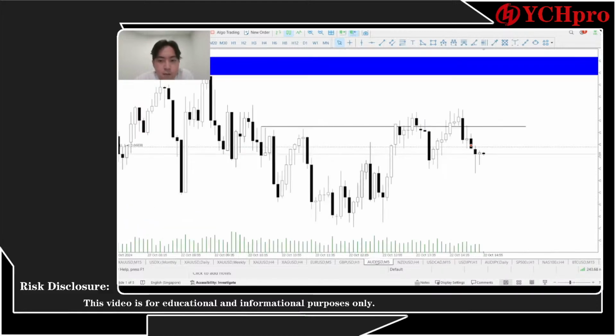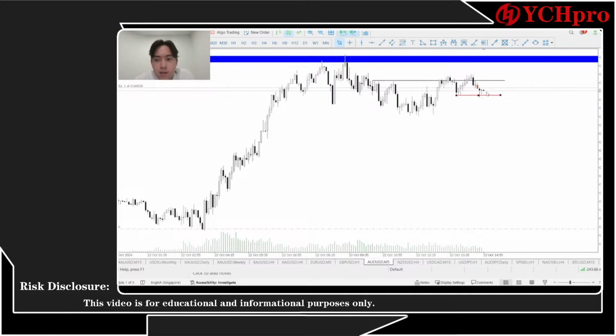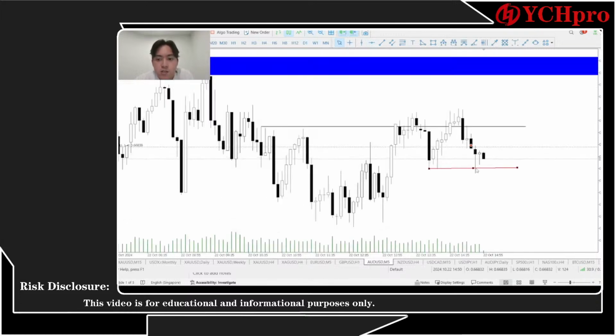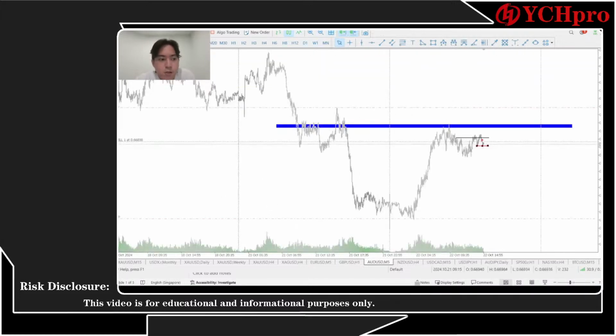So right now we are aiming on AUD USD. Hopefully the price is going lower. But this one, I don't really like it because the price manipulated from this low. But let's see how it happens. If I'm right, I'm thinking that the price might be going lower and reaching to this low. Once the price has been displacing on the lower sides, then I'm really confident that the price is going on the low sides. So this actually is some kind of gamble, but I'm thinking that the risk reward ratio is quite nice. So 1 to 3 should be fine.